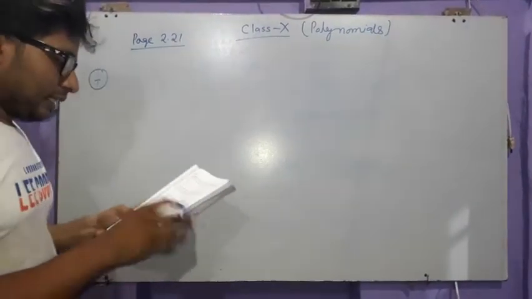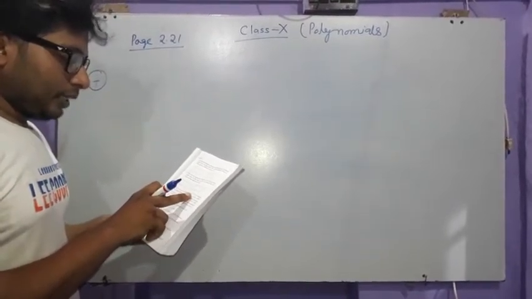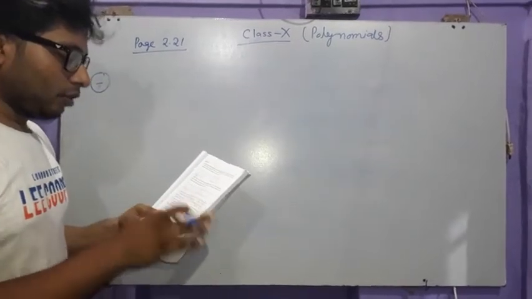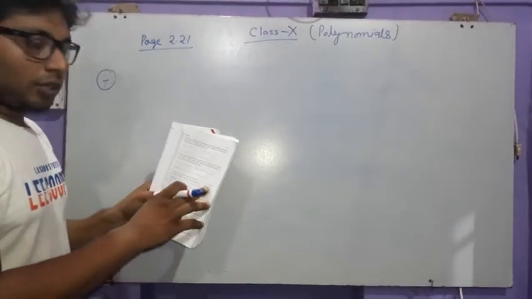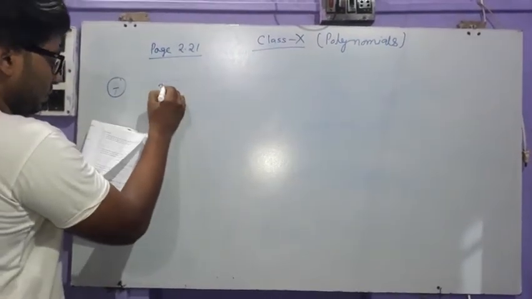The question is telling that find the zeros of the quadratic polynomial root 3x square minus 8x plus 4 root 3 and verify the relation between its zeros and coefficient. ये क्वेश्चन आपका CBSE 2008 में है, काफ़ी इंपॉर्टेंट क्वेश्चन है। क्वेश्चन को नोट डाउन करते हैं।